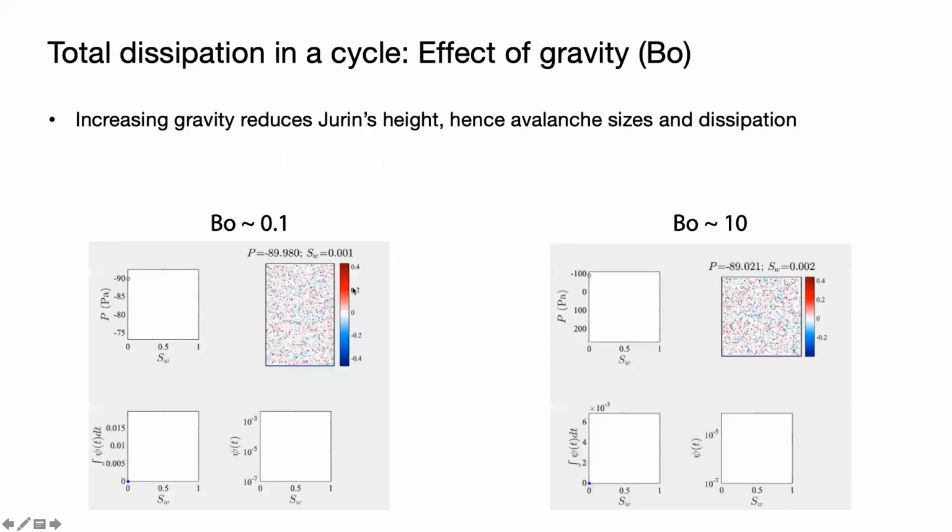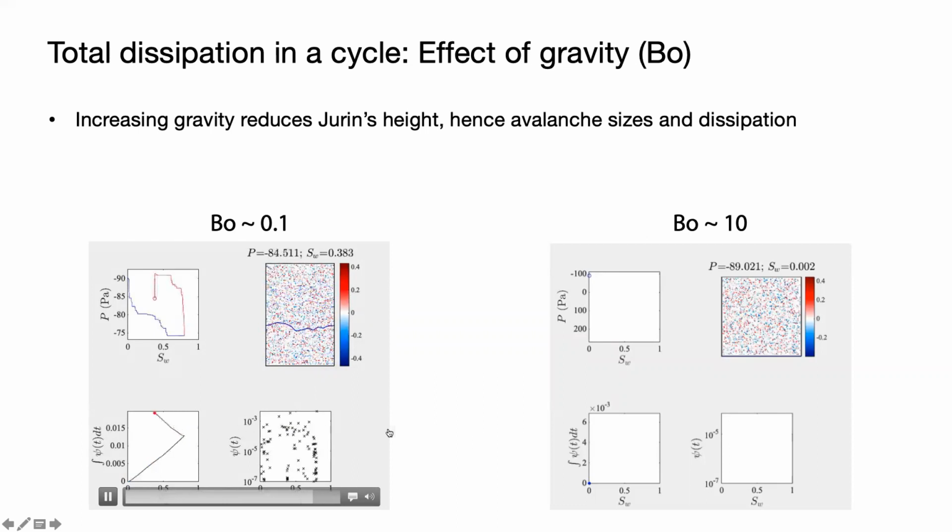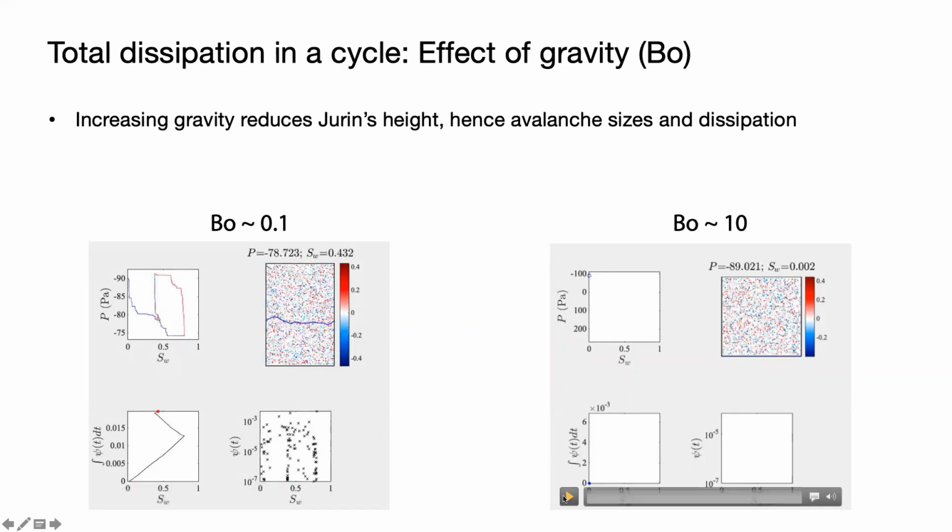And looking at the effect of gravity, so this is small gravity or nearly horizontal, very large jumps in saturation. You can see almost half of the dissipation along the imbibition is in one step. And then in drainage, again, very strong events. And this one is actually vertical. So now we